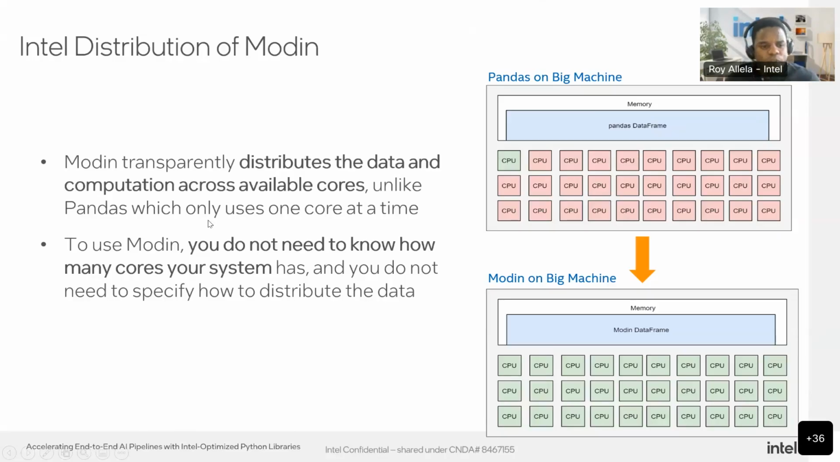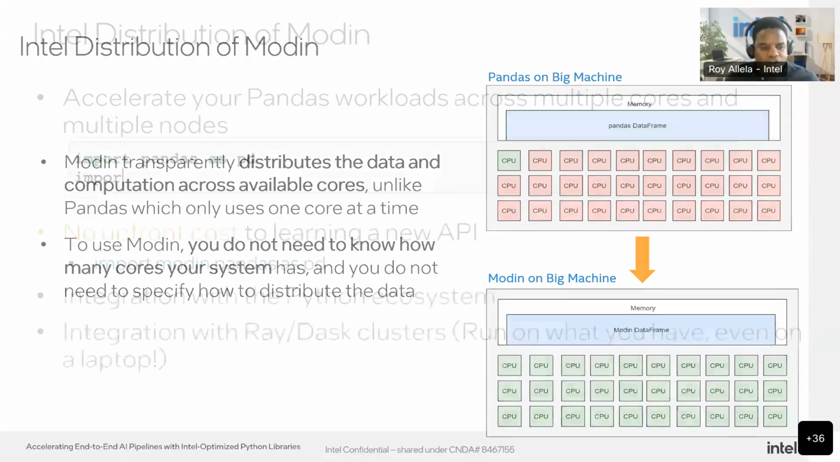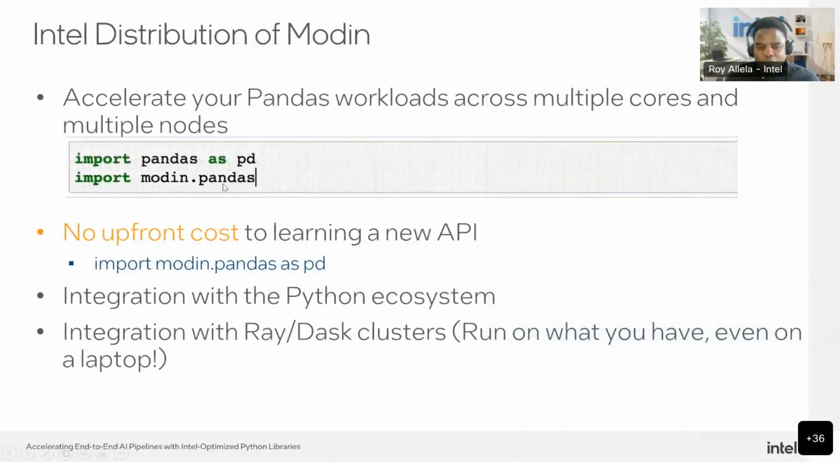work. So Modin transparently distributes the data and computation across all the multiple cores, which Pandas does not do. It only does this a single core at a time. And to use Modin, more importantly, you don't need to know how many cores the system has, and you don't need to specify how to distribute the data. All you need to do, as we mentioned, is just import Modin into your workflow as shown here, and you're then able to get the optimizations